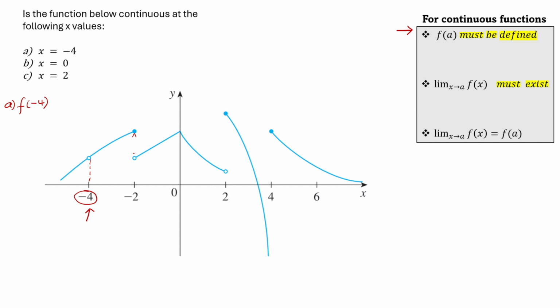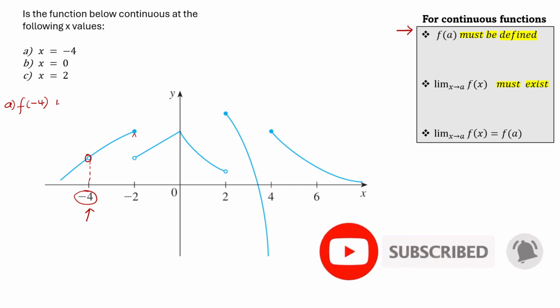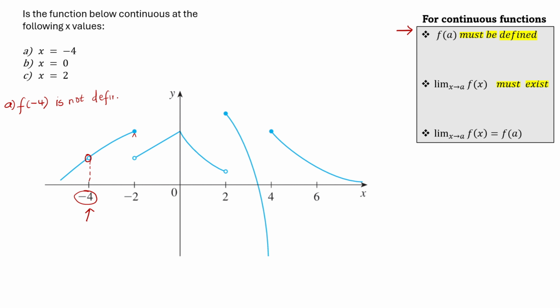The reason that we write an open circle, I remember covering this in my piecewise functions video. The reason we draw an open circle is that we are trying to say that there is no y value at that particular x value. In this case, at x equal to -4, there is no y value. So the first condition is already broken because the function value at -4 is not there. So f(-4) is not defined. So can this still be continuous? No, it cannot be continuous.